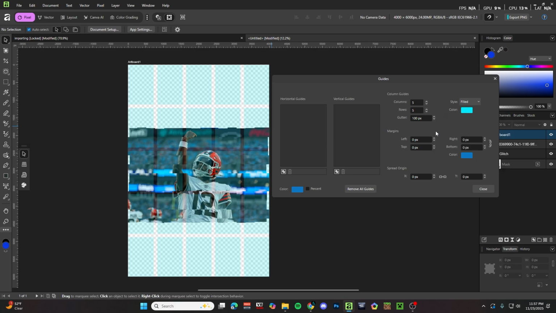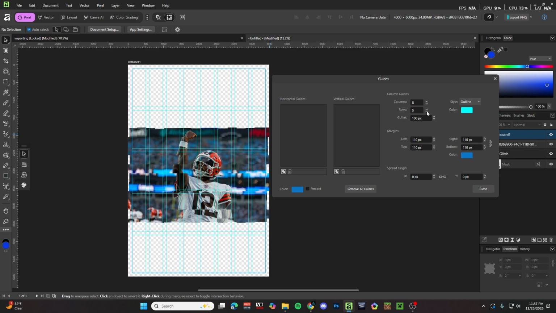I'm kind of used to the cyan color. And you can also switch your gutter size if you want to make these boxes smaller or bigger. I'll just go ahead and leave it at 100, and you can switch the size of your margins so you can bring it in from the side of your page as well, and it helps give a nice even spacing and stuff like that. Personally, I like to do outline on my grids, and I like to do something